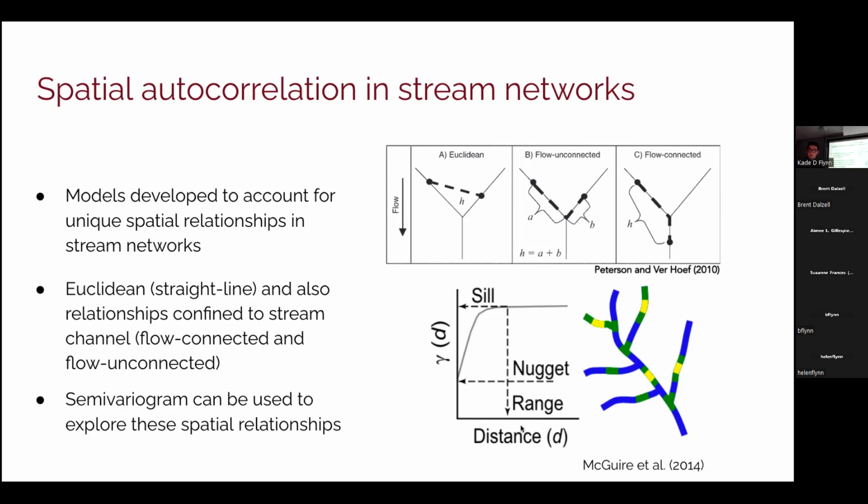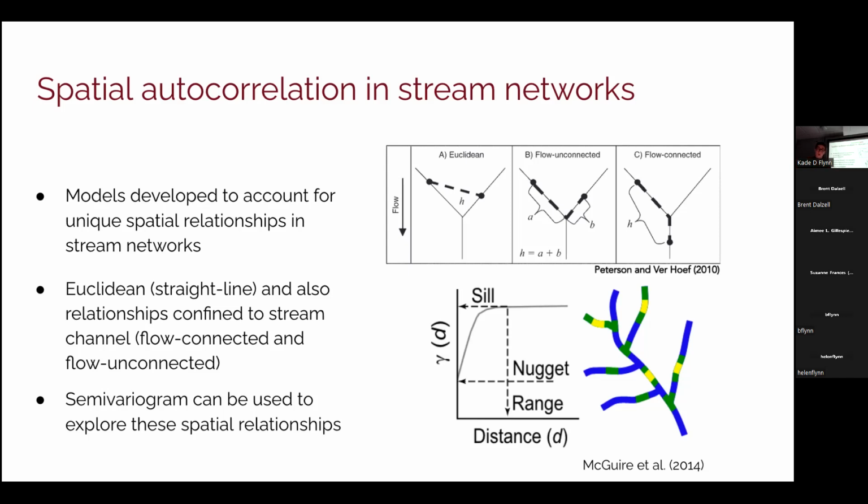And the parameter that we'll use to explore the spatial relationship here is the range, which defines the distance between these sampling points at which the spatial correlation goes away. So at this value of the range, two measurement points can be considered independent.